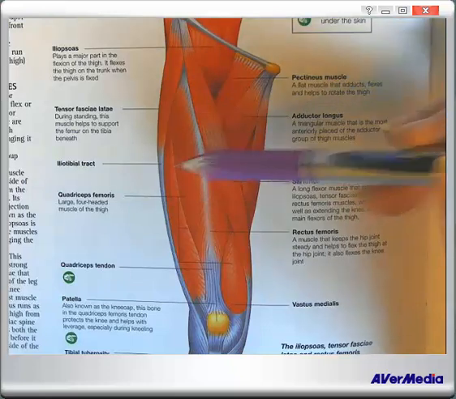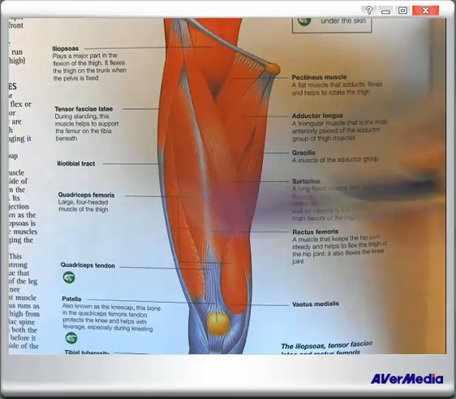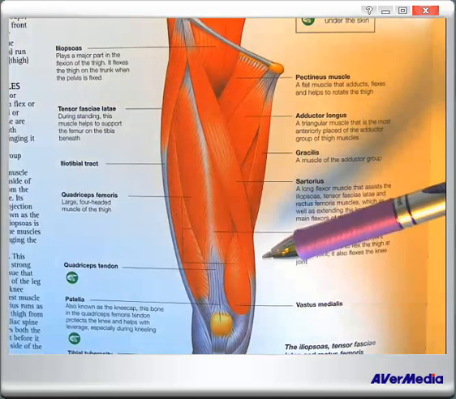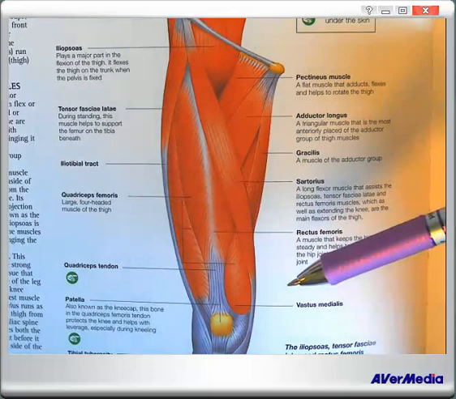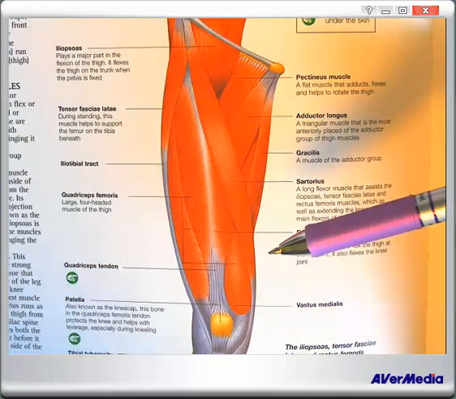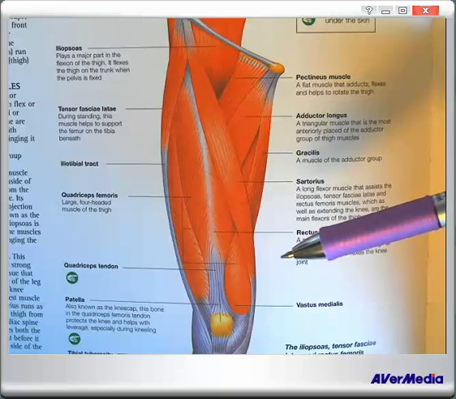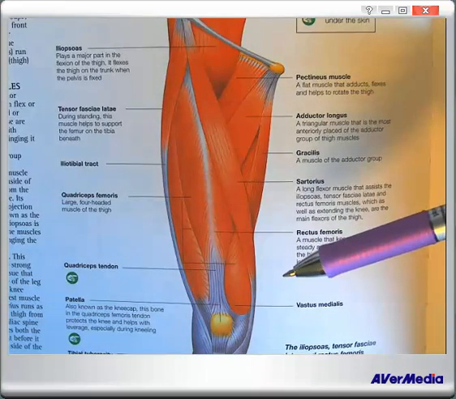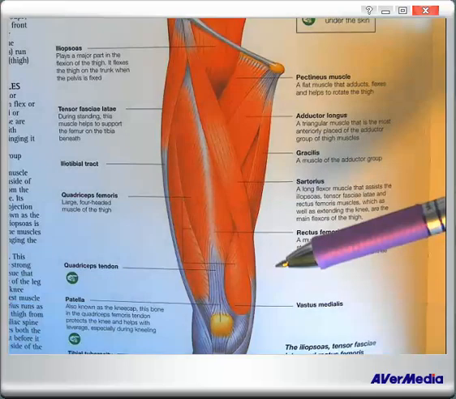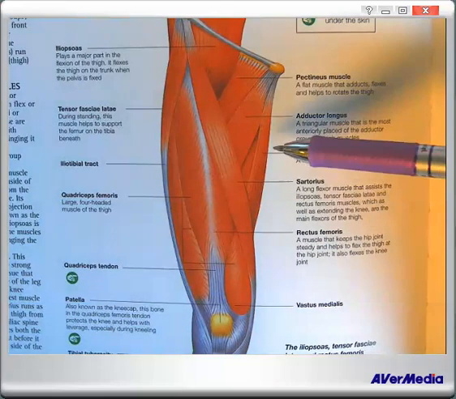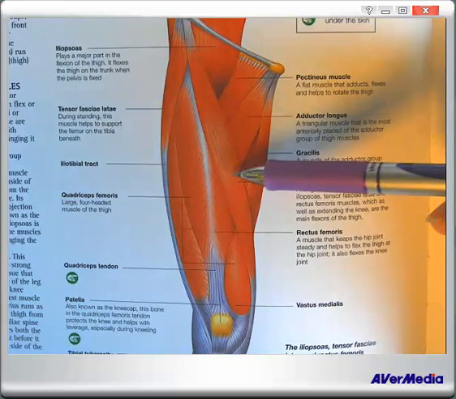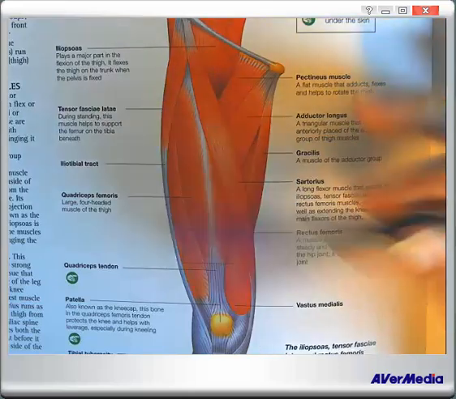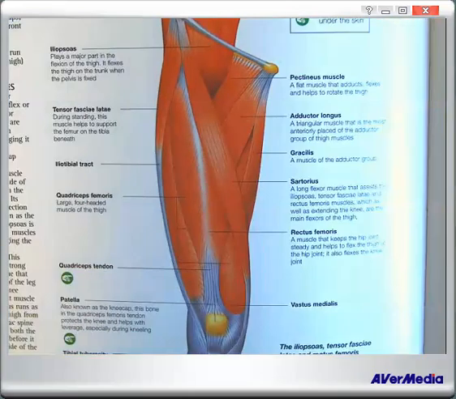But they are both in the same muscle group, the upper thigh. When we were coding ICD-9, we might have only said that we did a procedure on the upper thigh, on the thigh muscles. But now we're actually being specific about which ones we are working on. So we have to understand that these are two entirely different muscles, but they're within the same muscle group. Now that we've determined that,